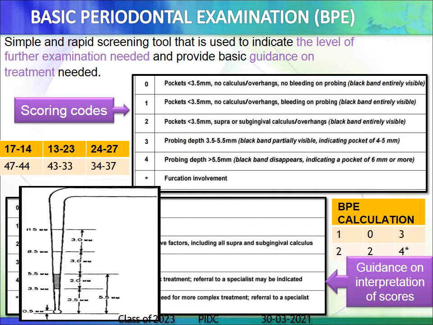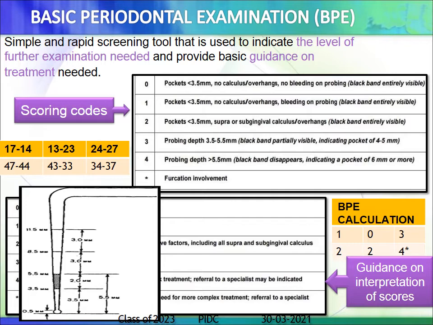This probe would be given to you while you come to the clinics to see your patients. So you could see a ball of around 0.5 mm in the bottom. There's a black marking of around 3. The shaded marking denotes your black marking, around 3.5 to 5.5. So tomorrow when you go to the clinic, just check out the probe which is given to you.